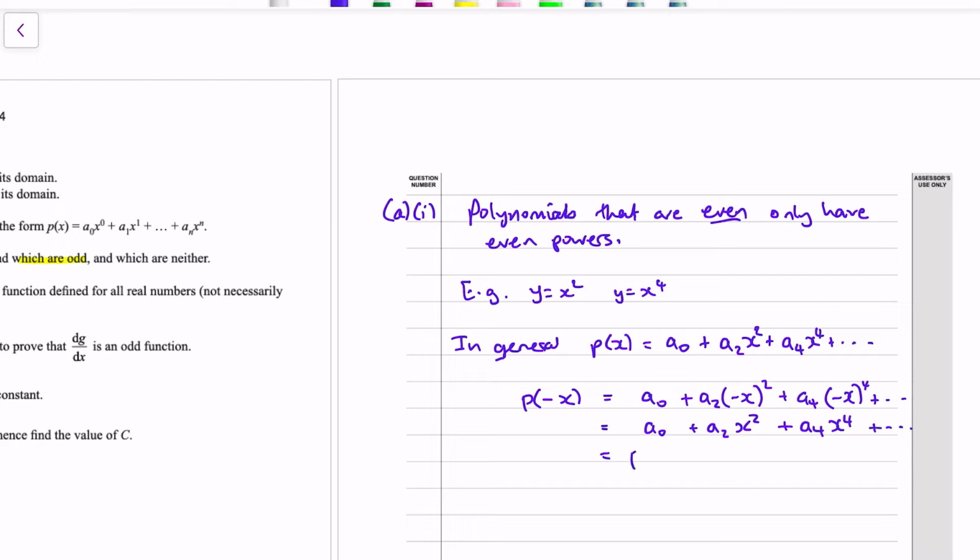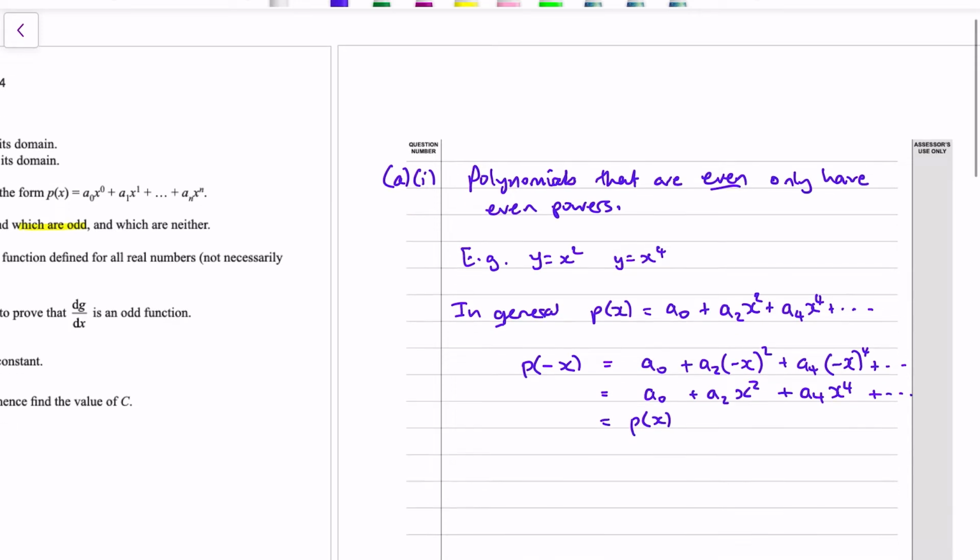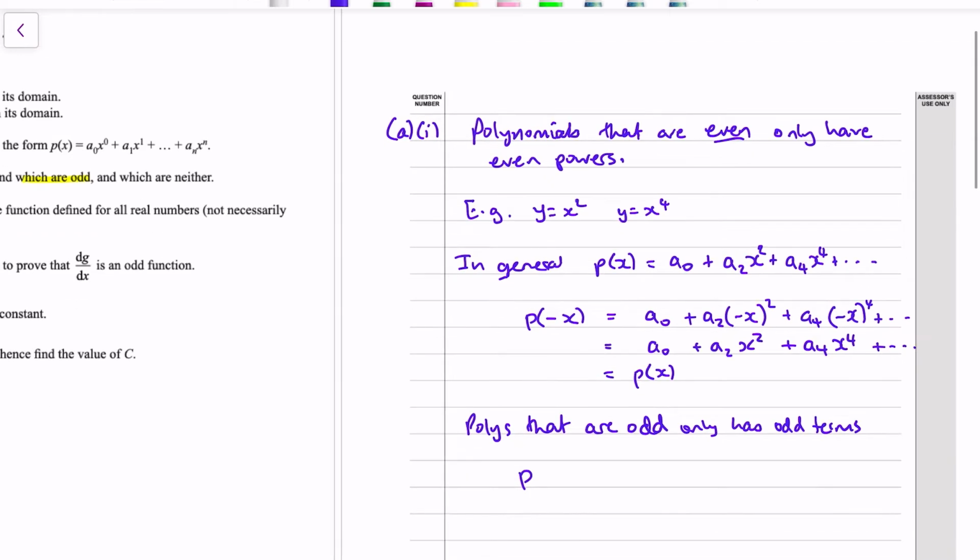And that just equals p of x. So that there is an even polynomial. An odd polynomial only has odd terms. For example,